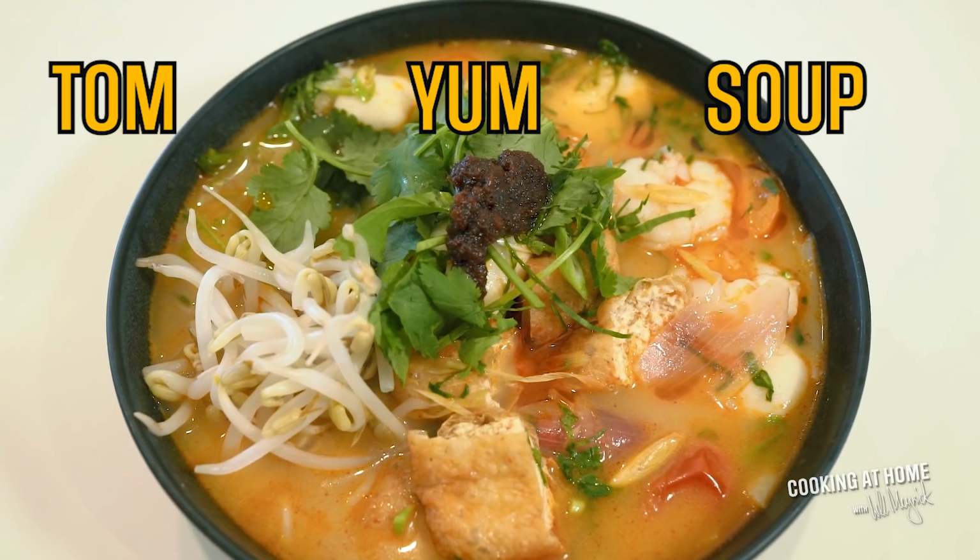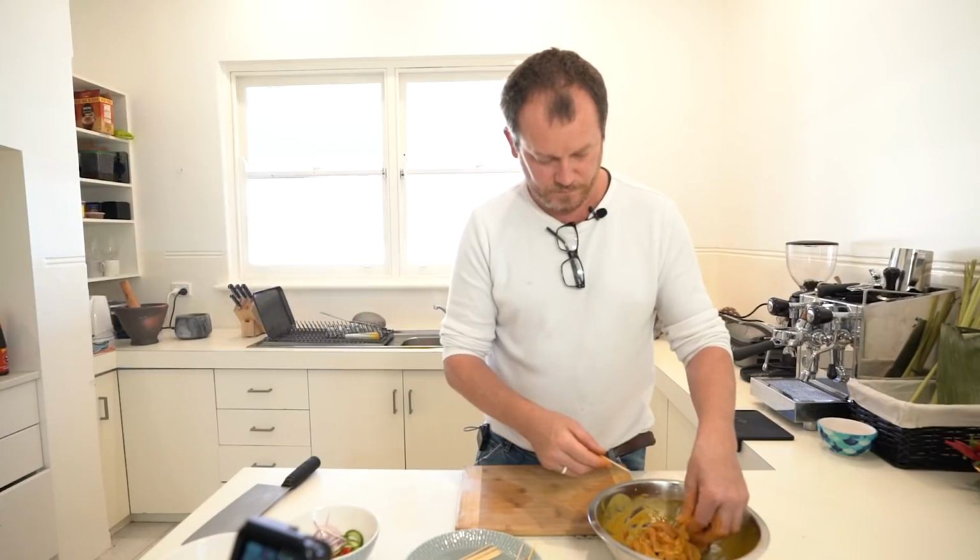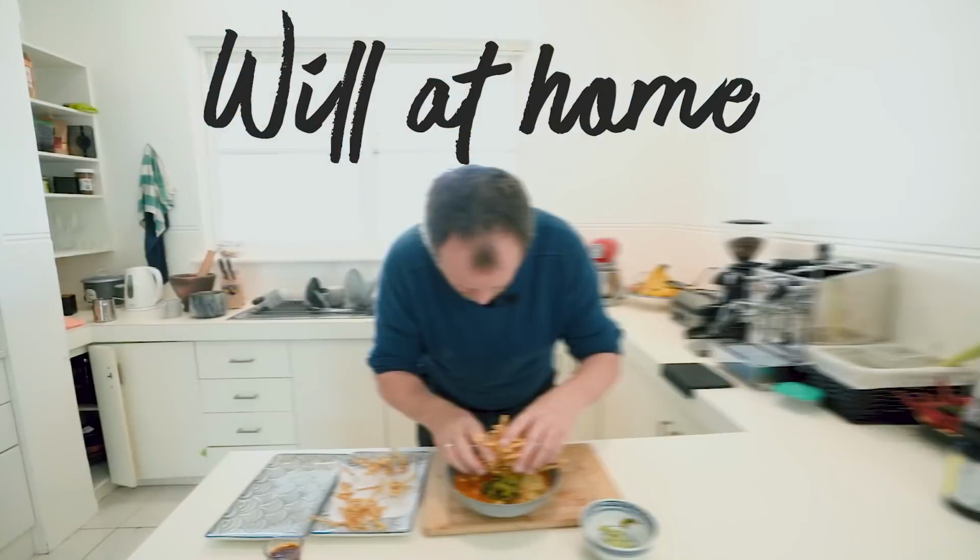Today at Will at Home, we're going to create quite a signature dish. It's the famous tom yum soup, but we're going to do it with kwetiaw noodles. So first step with this one, it's slightly different to the traditional tom yum because we're putting noodles in it,